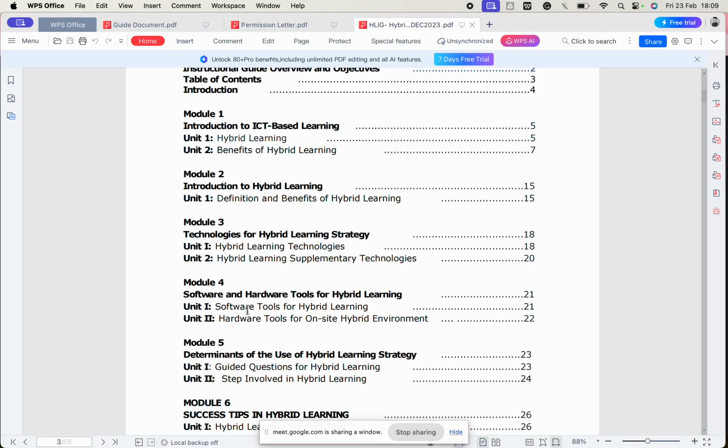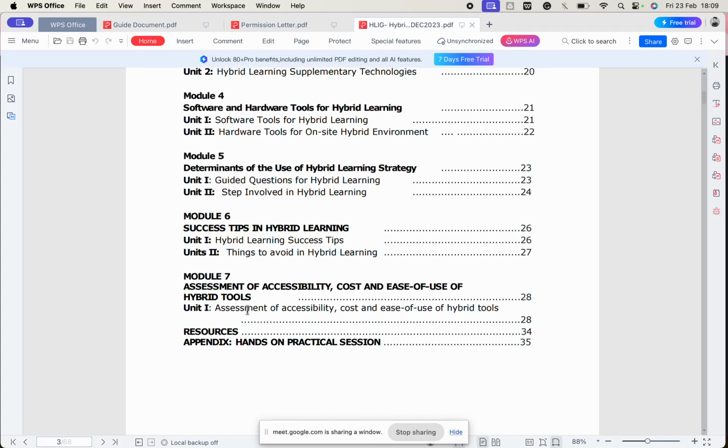But most of these other tools are software tools. Like I said, we'll be going through 5 of those tools for now. So for module 5, you would read up about the determinants of the use of hybrid learning strategy. What are the things that should motivate you to say, okay, you know what, I'm going to start to use